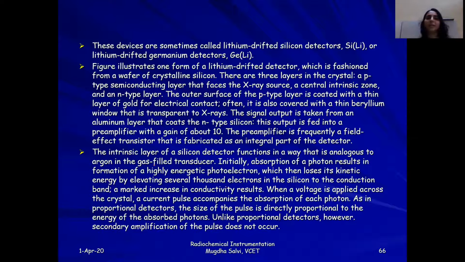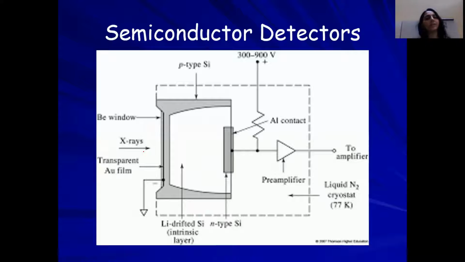The next one is semiconductor detectors. Semiconductor detectors are very similar to the semiconductor detectors that we have studied in our first chapter. Radiations will strike and it will work as a PN junction. So the PN junction barrier needs to be overcome. Once the PN junction barrier is overcome, current will flow. It will be usually placed in a reverse bias. Once the reverse bias is overcome, a current will flow which will be proportional to the radiations that are striking the semiconductor detector.